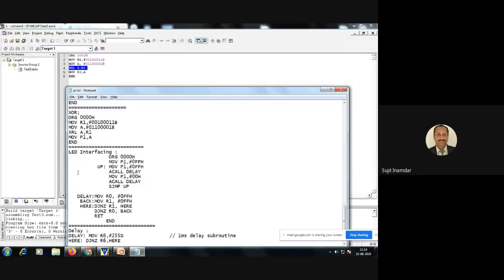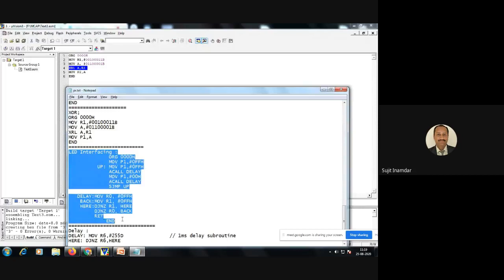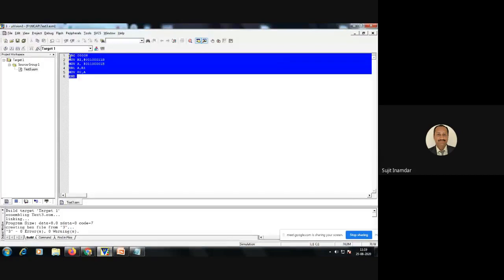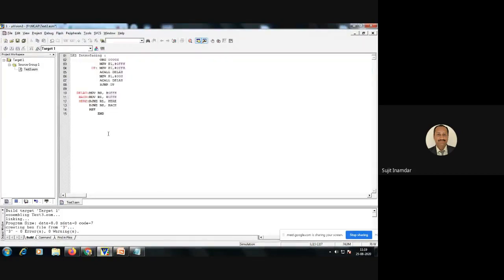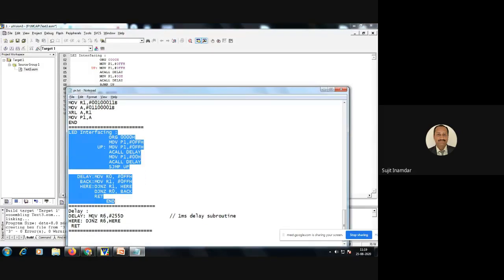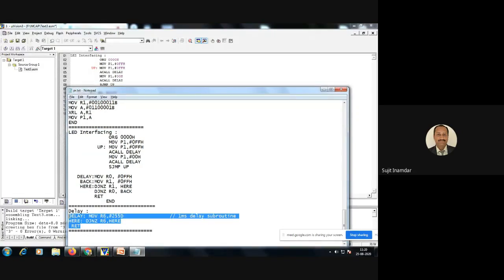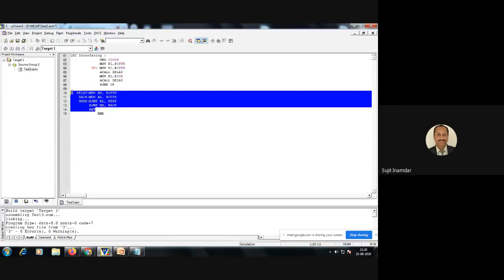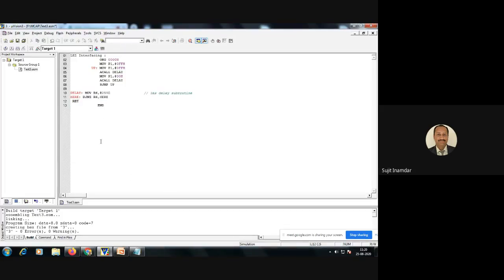Now the last, we will go for the very important and interesting program. A little we will modify it so that this is the program for LED interfacing. That means